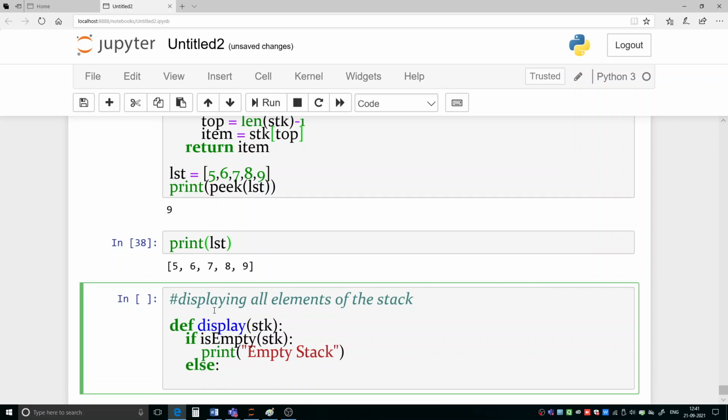So else we again need to calculate the top. So top equal to len(stk) minus 1, because we have to start printing from there. Okay, so top we have calculated. Now we can write here print stk[top].